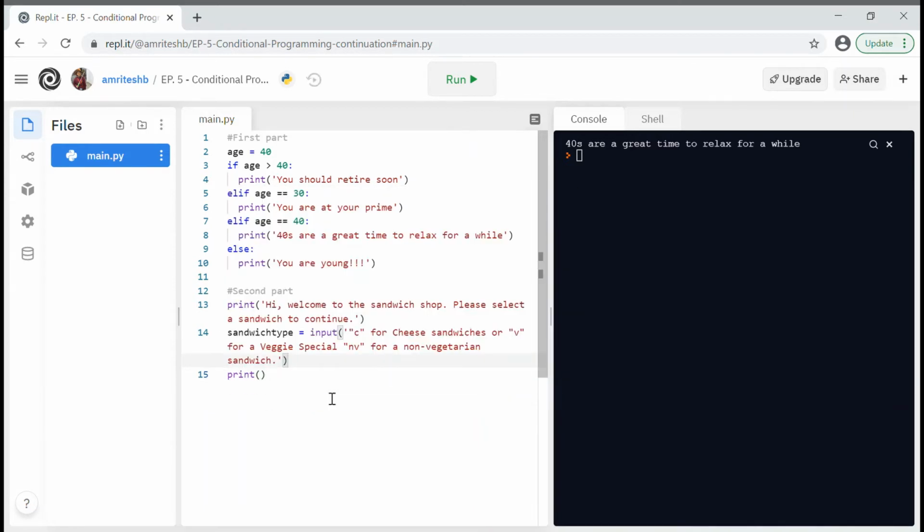Now let me just print that. So print, and then if sandwich dot lower. This dot lower is to basically have everything in lowercase. Imagine someone actually inputs a capital C, the Python code will not work. So everything must be converted to lower or upper, whatever you want. So if sandwich dot lower is equal to c,